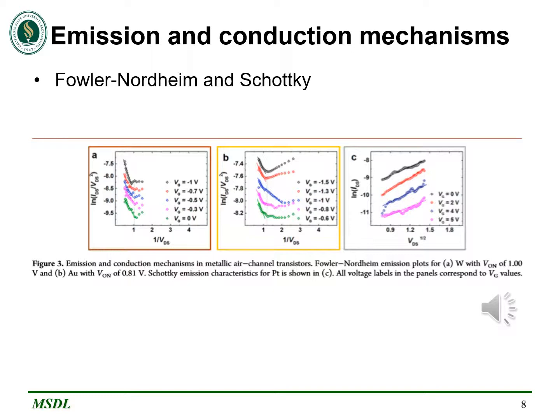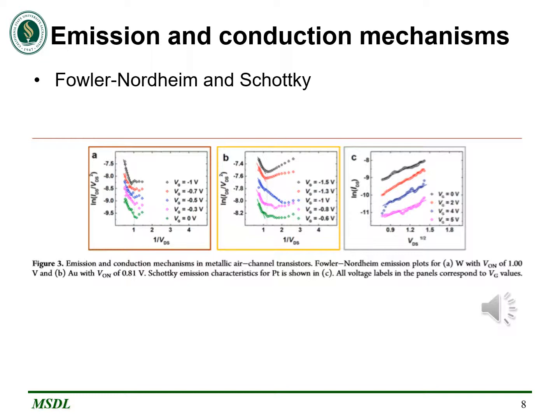Now we're going to talk about the emission and conduction mechanisms. But first, I would like to explain what the Fowler-Nordheim and Schottky mechanisms are. Fowler-Nordheim field emission is the process whereby electrons tunnel through a barrier in the presence of a high electric field. This quantum mechanical tunneling process is an important mechanism for thin barriers, such as those in metal-semiconductor junctions on highly doped semiconductors. The Schottky effect, or field-enhanced thermionic emission, is a phenomenon in condensed matter physics named after Walter H. Schottky. In electron emission devices, especially electron guns, the thermionic electron emitter will be biased negatively relative